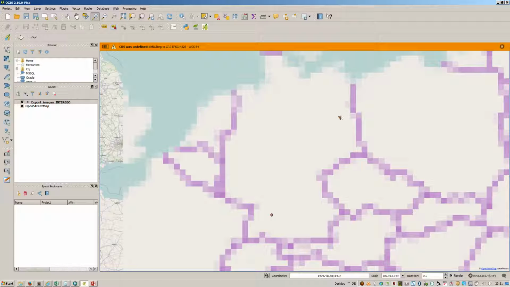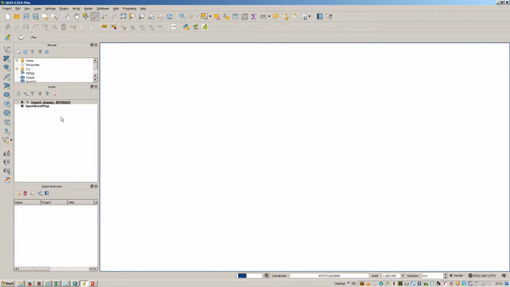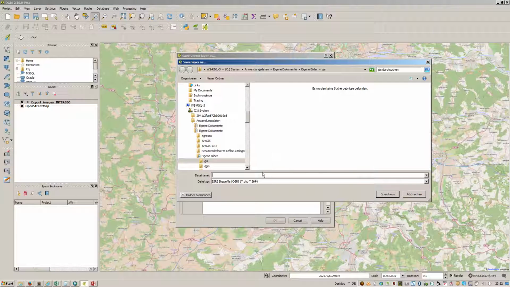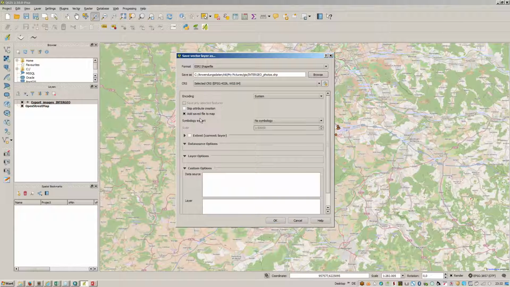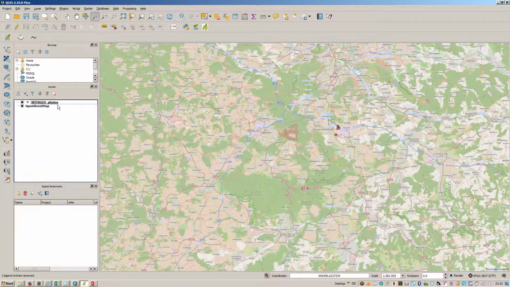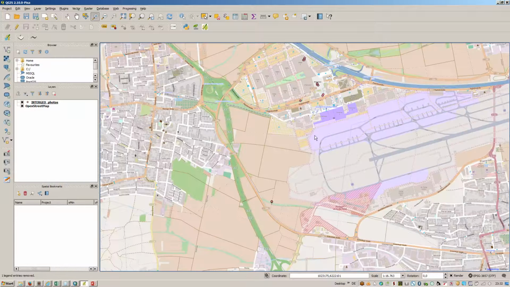Now we have here the points. So I started my trip to Stuttgart, where the Intergeo took place this year, and there it is, Stuttgart, and so there are my points. Now just save that as a separate shapefile. Do that here in the GIS file folder, Intergeo photos shape, and it is stored as a shapefile. And we will add the saved file to the map and remove the other layer. So now there are my points, and in ArcGIS I showed you how to show the images right